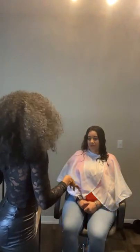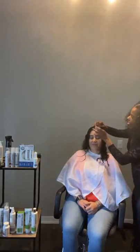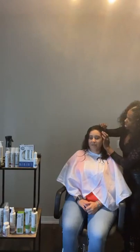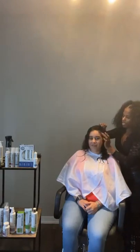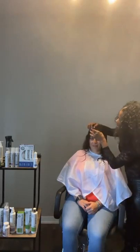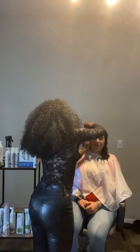So it's a dry serum that you can use on the hair, as well as you can place it on the scalp. So it has some coffee, so it's going to give it like a nice little caffeine trip for the hair in a good way. And I'm going to place this on her hairline because this is some areas that she noticed that she was having some challenges with. We can see some density difference here around the hairline. It dries on in like 10 seconds. So she can do this twice a day, in the morning, at night,